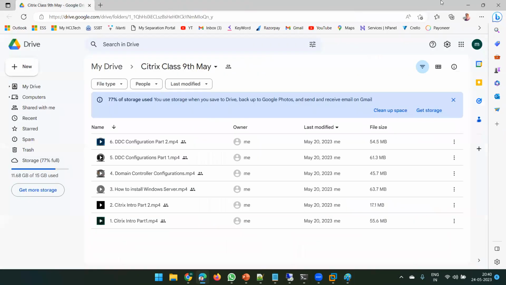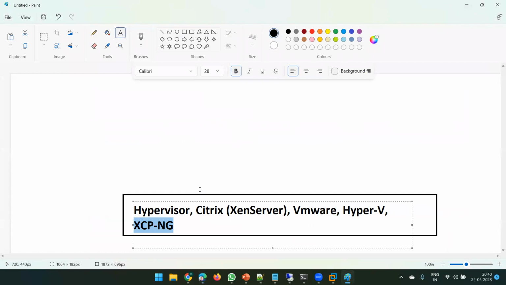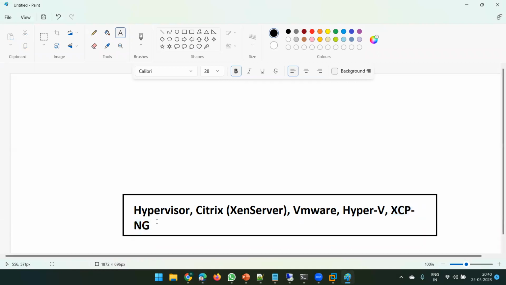Now coming to the point, in production, what you will find is one physical hardware. Physical hardware means it is a server on which we have to install one operating system as a hypervisor. So you will get one ISO media. From that ISO media, you can boot that hardware, and you can install that hypervisor on that physical hardware directly. So once you have configured your physical server as a hypervisor,